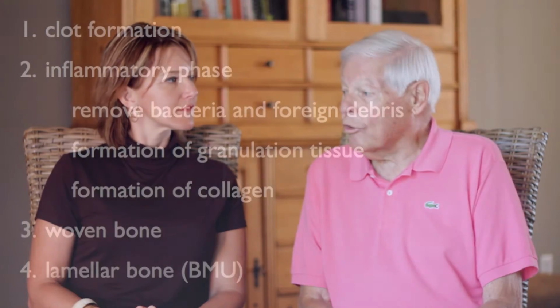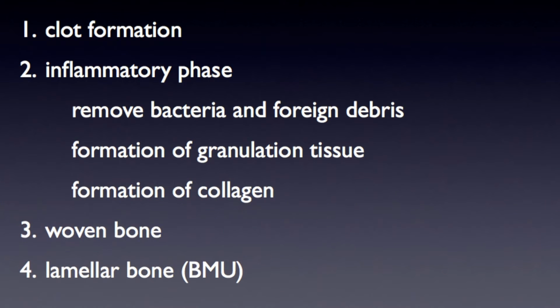The third step is the formation of woven bone, the first step in the process. And the fourth step is the transformation of that woven bone, which we'll consider an immature bone, to a mature bone, which we'll call lamellar bone. This takes place, as we're learning now, by the BMU, which is a wandering team of cells that dissolves old bone and forms new bone. It has some very interesting research that we'll go on to point out. And this is where we get interference from the drugs that are used in the treatment of osteoporosis.